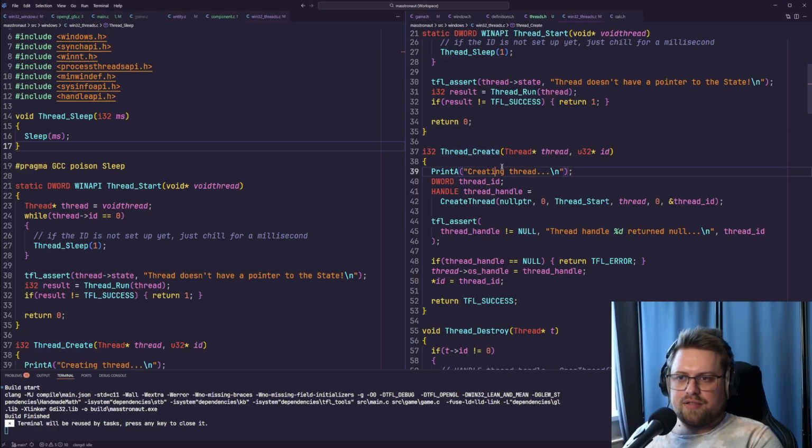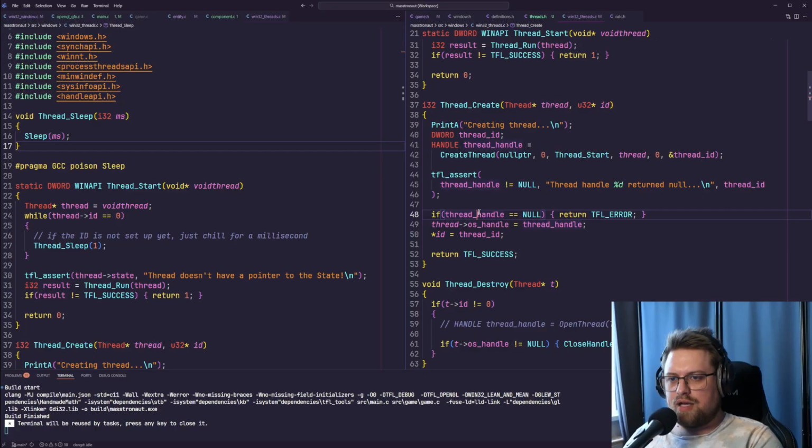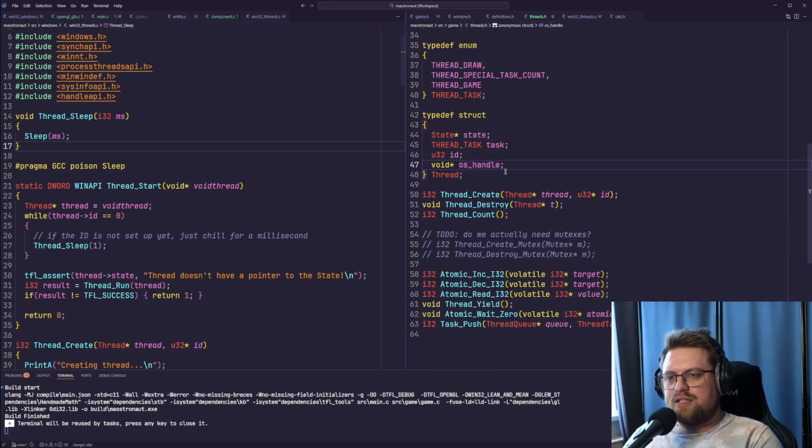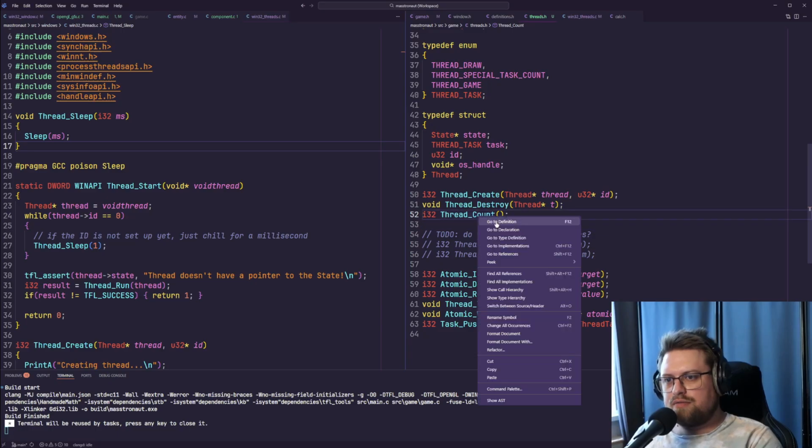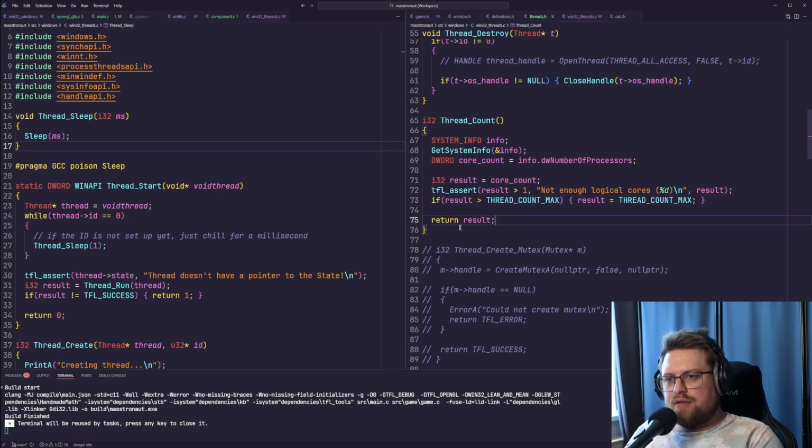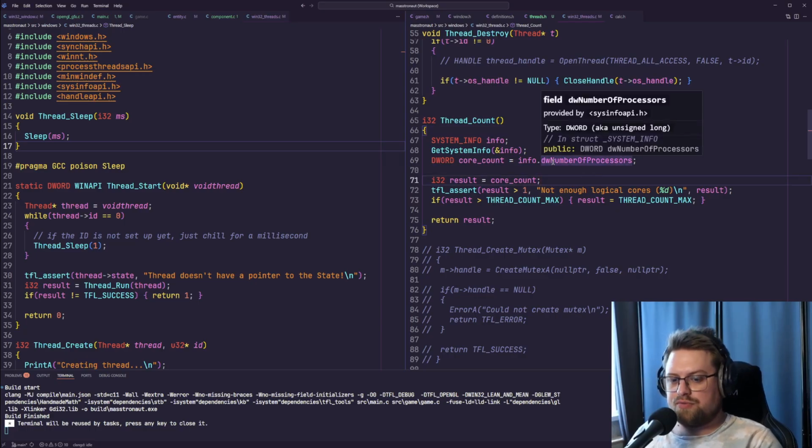So here we have thread create, and it's doing the typical Win32 stuff, create thread, and then getting the handle, setting the handle here. I decided to put the OS handle as a void star because I'm assuming all the platforms will have something very similar and not more than a U64. If it is more than a U64, maybe I can do a union or something like this. But anyway, we're having thread create, thread destroy, thread count,